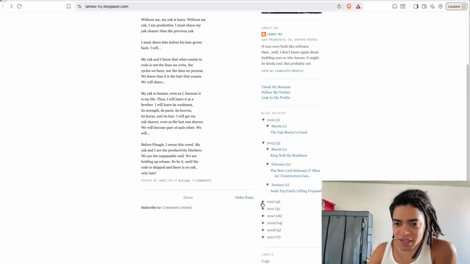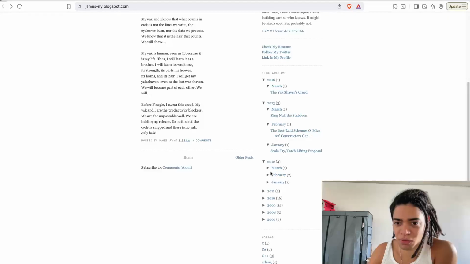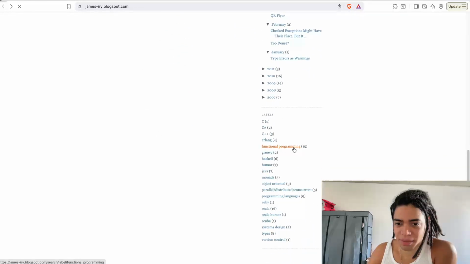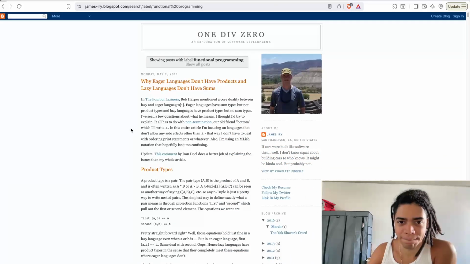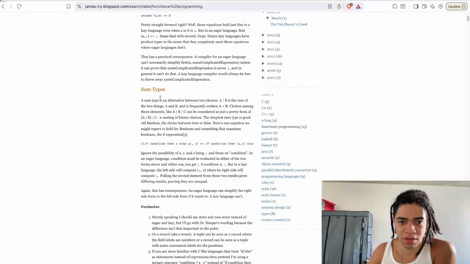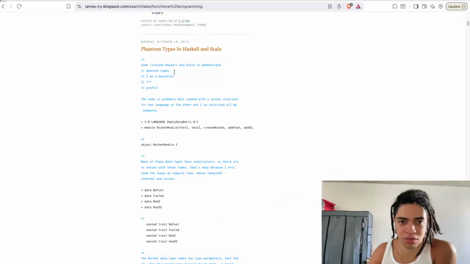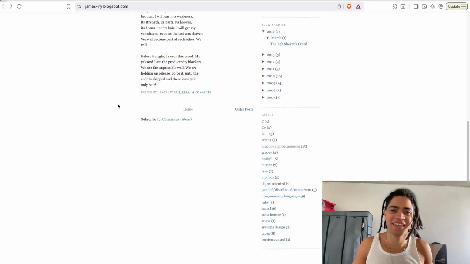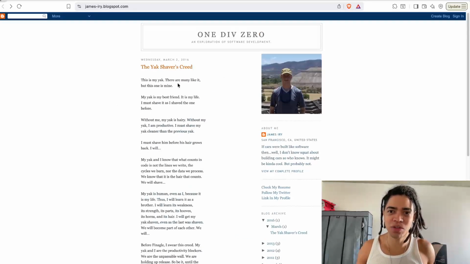In 2016, there was the past four years. Curry flyers, type errors as warnings, and functional programming here. Why eager languages don't have products and lazy languages don't have sums? The point of laziness. Prototypes, sum types, footnotes, and then you get this, which is actually getting too deep into the rabbit hole,